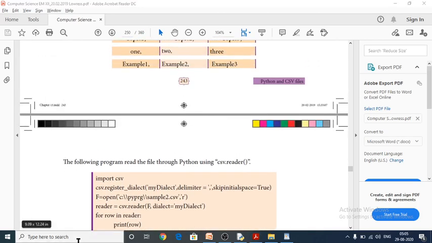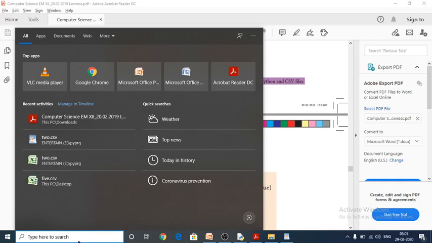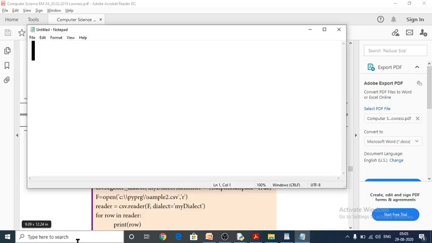So I would like to create a new CSV file for doing the operation. For that, open Notepad and give the details for the CSV file: name, comma, address alone is enough.